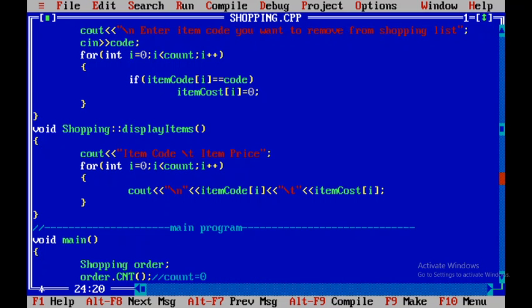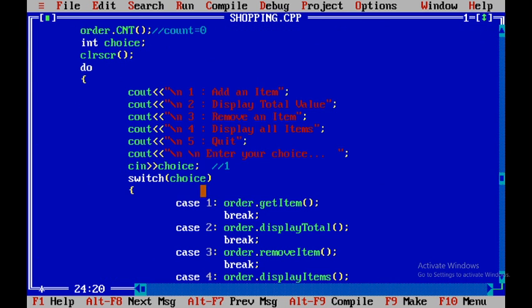After that, as choice is not equal to 5, we have to give the choice one more time. The do loop is executed again. This time I am again using option number 1, that means again I am using the get atom method.